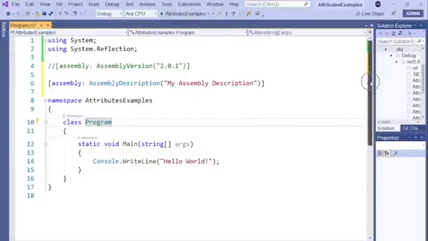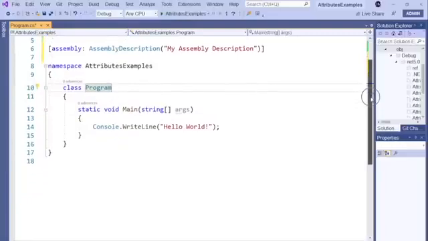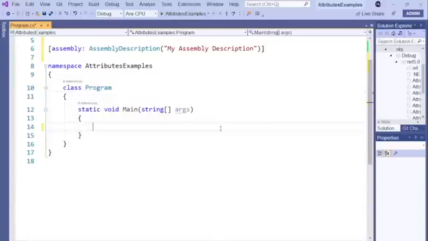So, we know that the purpose of attributes is so that we can add or modify metadata against certain program elements or even against the assembly itself. Note that attributes on their own do not change application behavior. The metadata provided through attribute declarations can be read at runtime through the use of reflection. Relevant metadata can then be evaluated by our code, and appropriate code logic can be invoked based on the declared